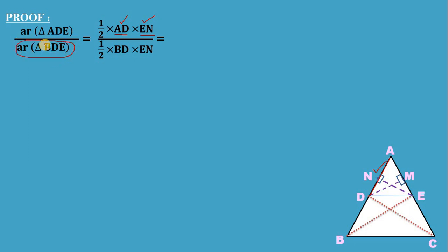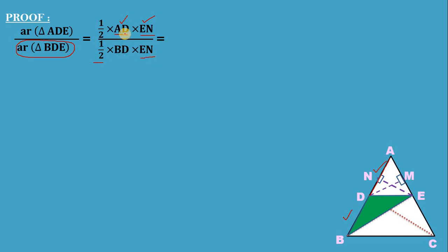triangle BDE. Now look at the figure. The triangle BDE is here, shaded in green color. Now find the area of the triangle. For this triangle also, half is a constant. BD is the base now. Many children will be confused. They will write ED as height. But ED is not a perpendicular height. Hence, only EN we have to consider as the perpendicular height. Hence, we have written EN here.